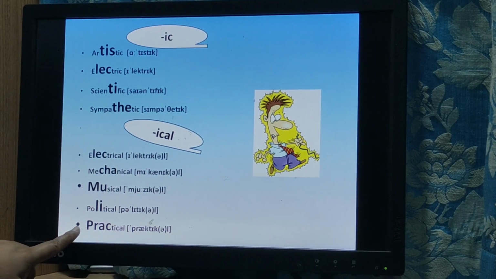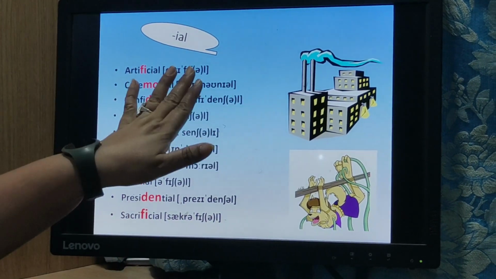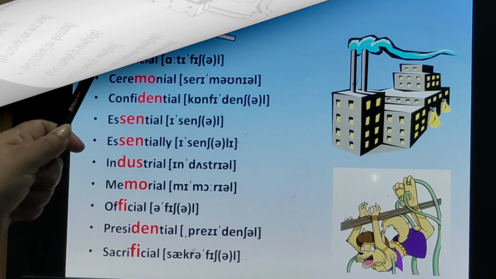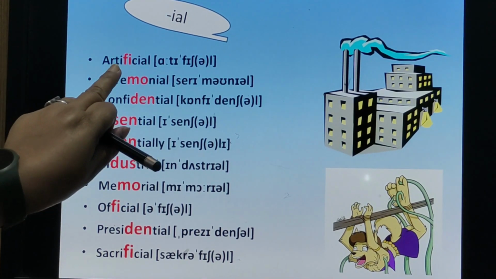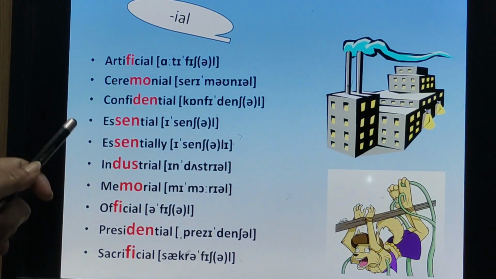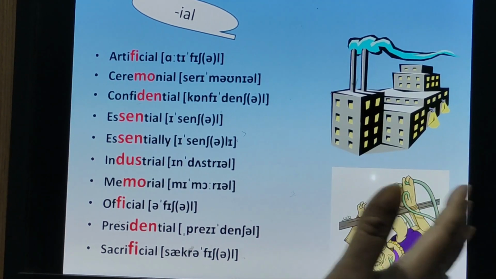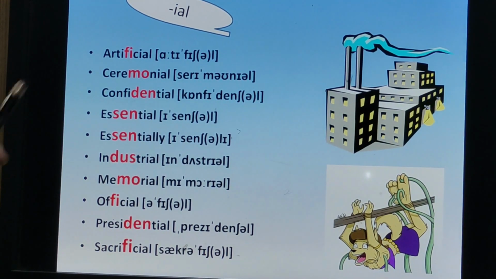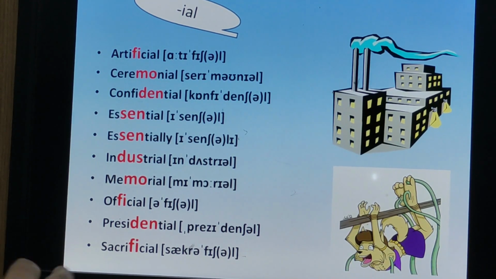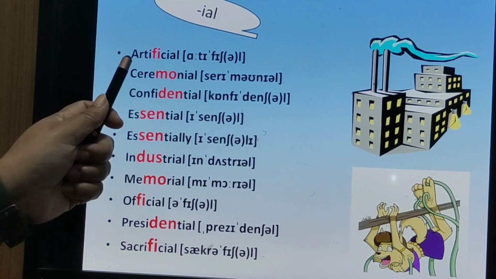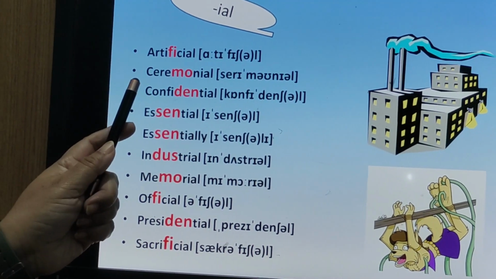Practical, practical. Now move on to the next slide there, and I am trying to focus on IAL, and let's concentrate on a few words having the IAL ending, like artificial. Alright, so here if we try and get it, just count it, artificial. Try and count from the right hand side. Whenever there is an IAL ending, from the right hand side, if you count, the 2nd syllable from the right hand side will be told more strongly. It is artificial, artificial. Ceremonial,